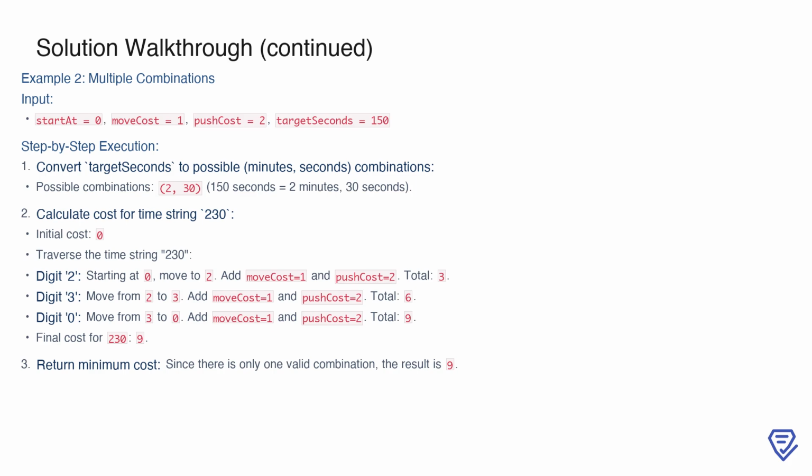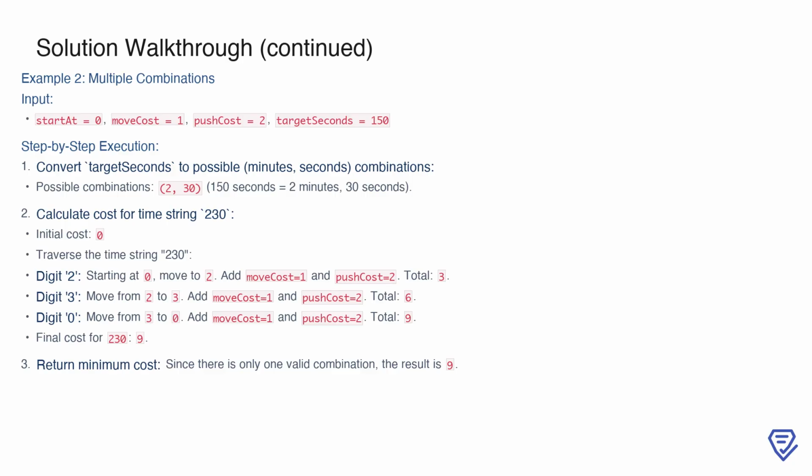Next, we process the digit 3, moving from 2 to 3, which adds another moveCost of 1 and pushCost of 2, increasing the total to 6. Finally, for the digit 0, we move from 3 to 0, adding the same costs again for a total of 9. Since this is the only combination available, the minimum cost to input the time is 9, which we return